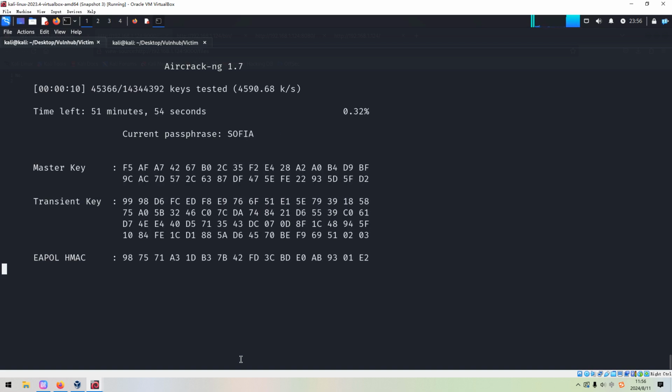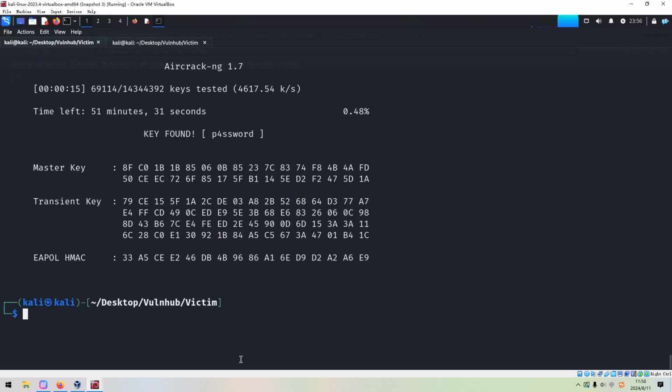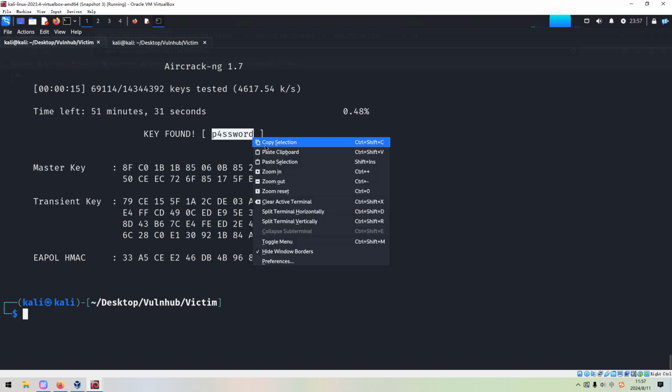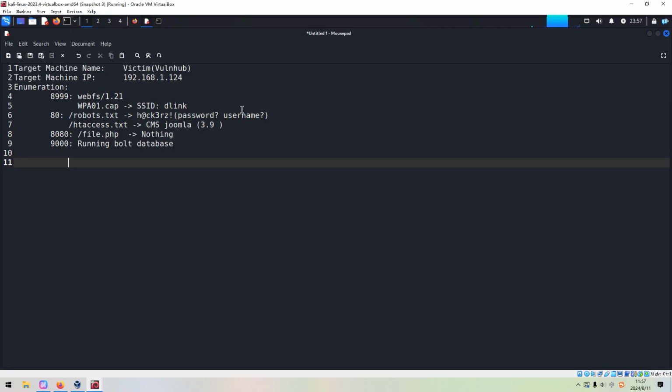And also as you can see, we successfully cracked it. We can copy, and the password should be this one.